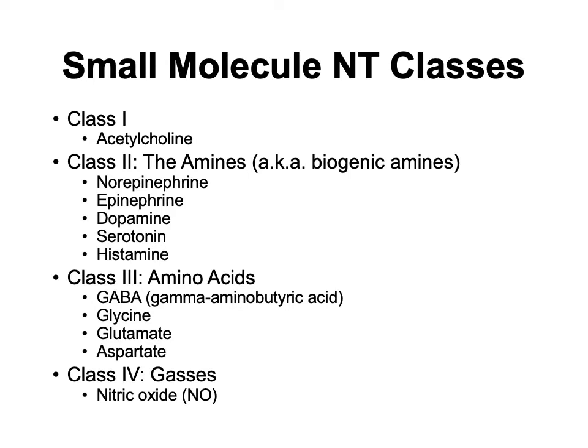There are several classes of small molecule neurotransmitters, and we're just going to cover 4. Class 1 is acetylcholine. Class 2 are the amines, which are norepinephrine, epinephrine, dopamine, serotonin, and histamine. Class 3 are amino acid neurotransmitters, and that includes gamma aminobutyric acid, also known as GABA, glycine, glutamate, and aspartate. And then class 4 are gases, and we're only going to talk about nitric oxide as the gas in this